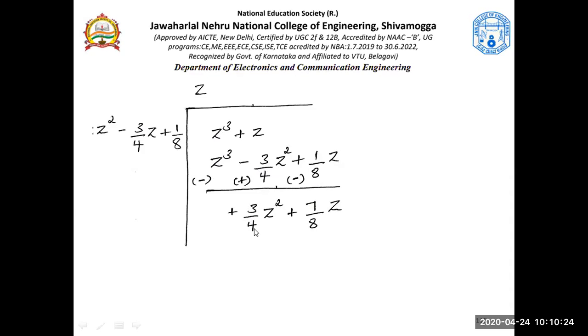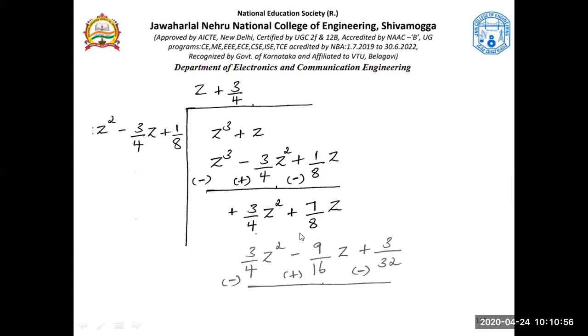So if we stop here, the numerator term again would be of order 2 and the denominator would be of order 2. So again, it would be an improper fraction. If this is greater than this, then also it is improper. If it is equal to this, then also it is improper. So we need to go one step ahead. So multiply by 3 by 4. Why are we doing that? Because it is 3 by 4 Z square, right? Anyway, Z square we have. So this 3 by 4 Z square needs to be got rid of. You just multiply this equation by 3 by 4, and here it would become this. Okay, so these two terms are gone now.